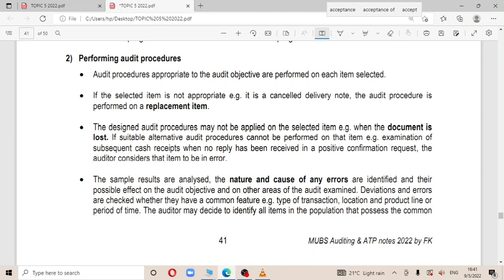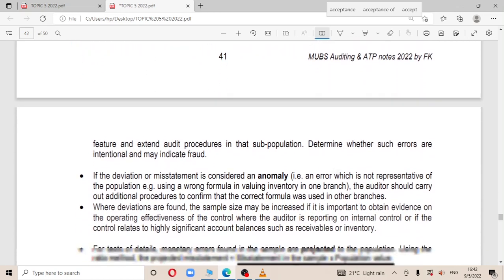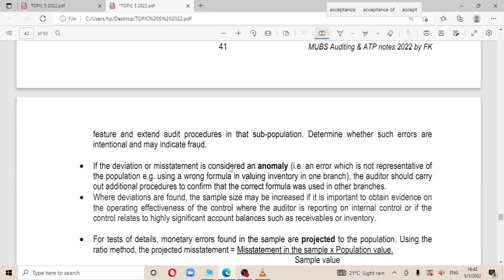Then as you audit your samples, you must find out the cause of the errors, what is causing the errors. You must identify anomalies. You may find that some items are more highly misstated than others. Then if you find deviations,